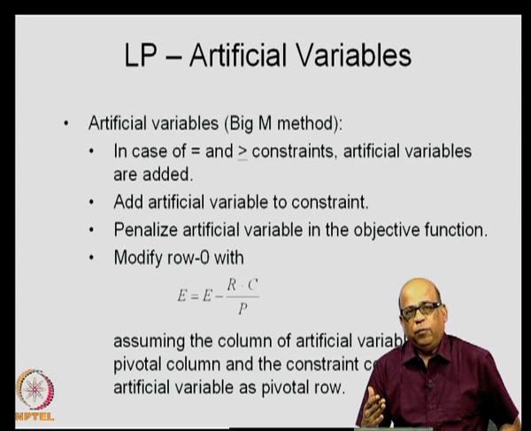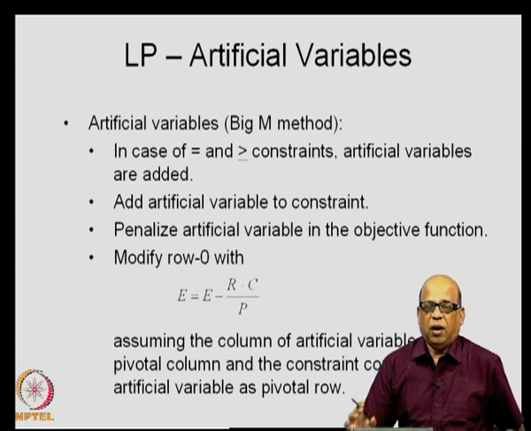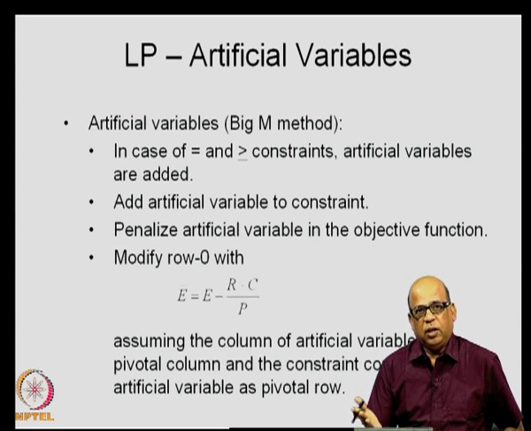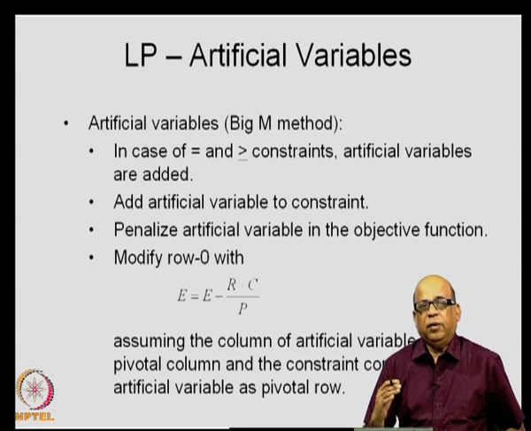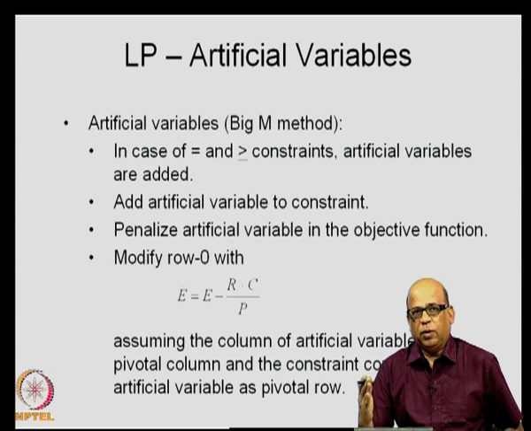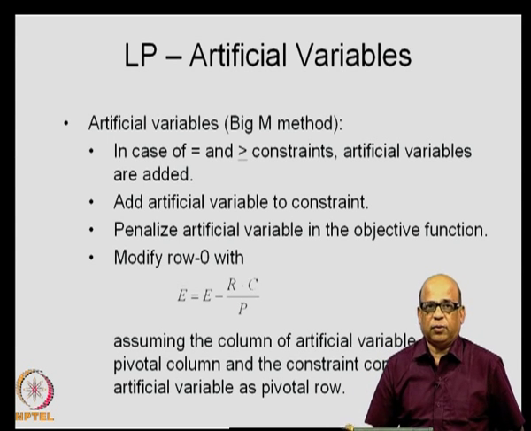Now, your objective function is maximization type, and now you are adding an artificial variable. You do not want the artificial variables to appear in the final solution, and therefore, what do we have to do? Let us say that you are maximizing 3x1 plus 5x2, x1 being greater than or equal to 0, x2 being greater than or equal to 0, subject to several constraints. You would like to increase the objective function value from iteration to iteration.